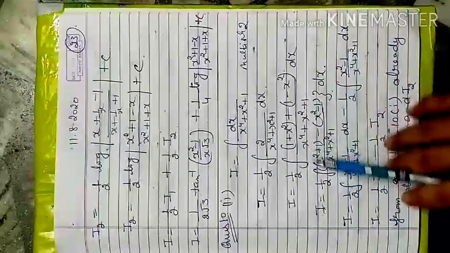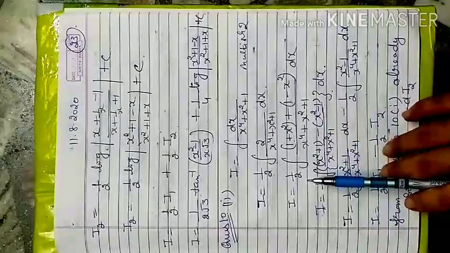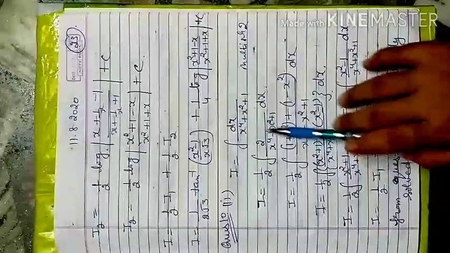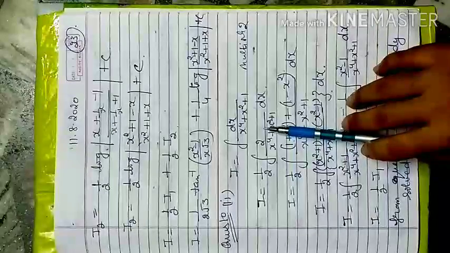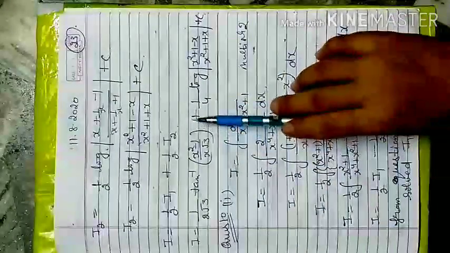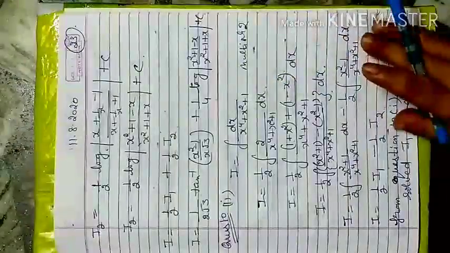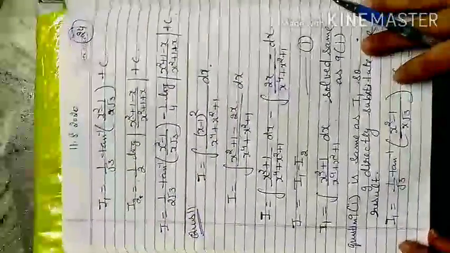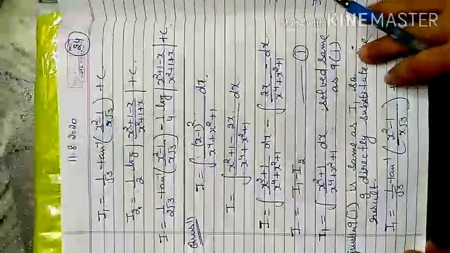The only difference in these two questions, the 10th question first part and the 10th question second part, is that there is nothing in the numerator in one and x square is written in the other. So only the sign is different, the answer is the same. Here it is positive and here the answer will be negative when you apply the value. So the answer will be the same, only the difference of positive and negative sign.